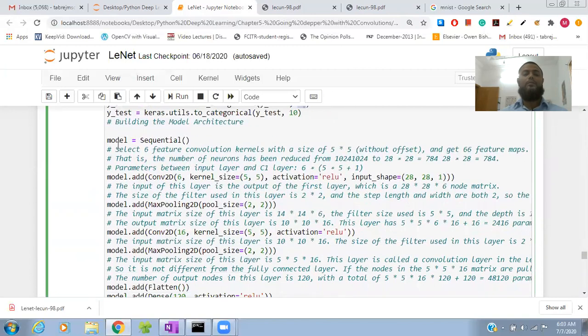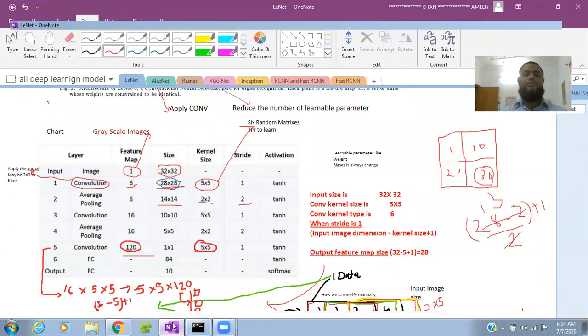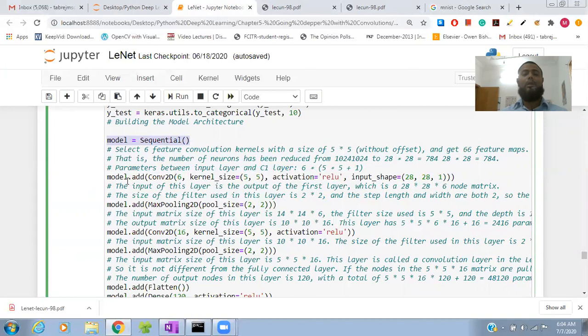Now from here we build the architecture. This is a sequential model: first we apply a convolutional layer, then pooling, then again convolutional and pooling. For reference, first Sequential, then they apply convolution with model.add.